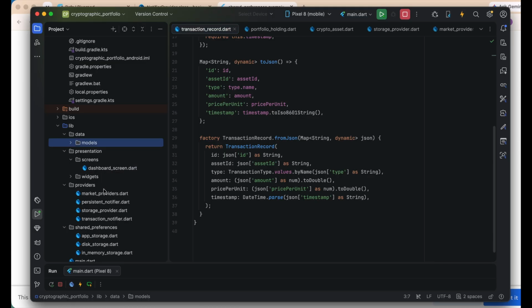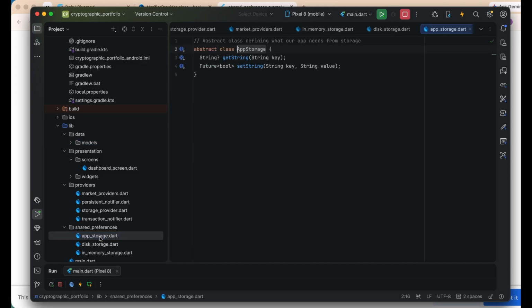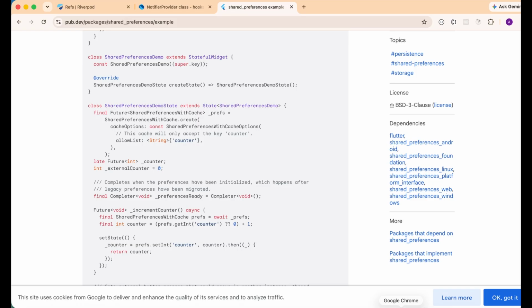Let's look at providers. No, before providers, let's look at shared preferences. Here we have an abstract class. An abstract class has to be implemented by another class. So we have AppStorage here, and then we have this getString and setString. If you're familiar with how shared preferences work,